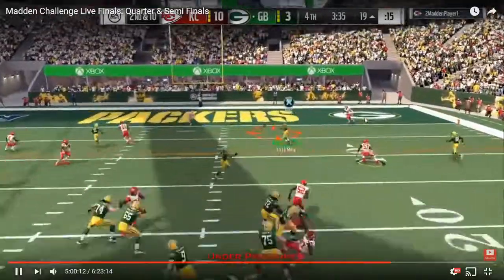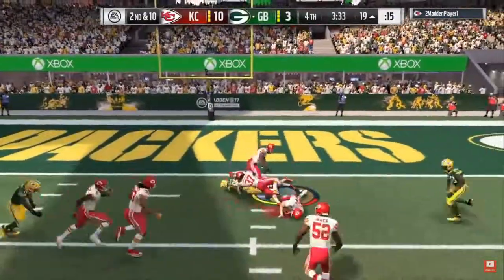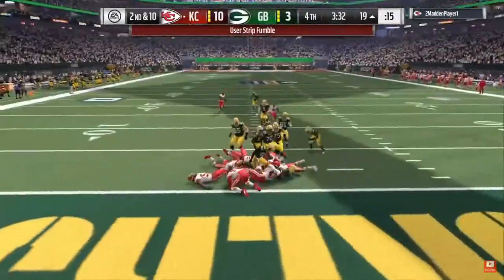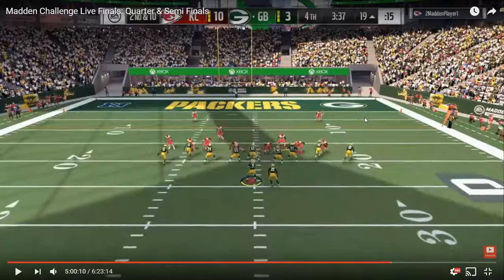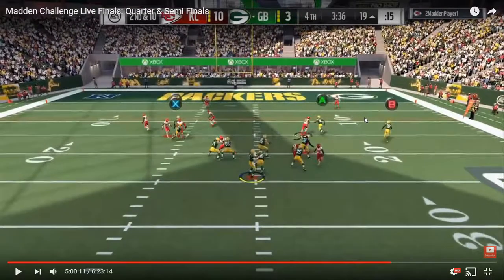So Millz goes play fake, hits the seam, and it gets stripped out at the 1, and Mac grabs it. Oh, goodness gracious. All right. So Mac sends 4 here. Millz actually had, well,